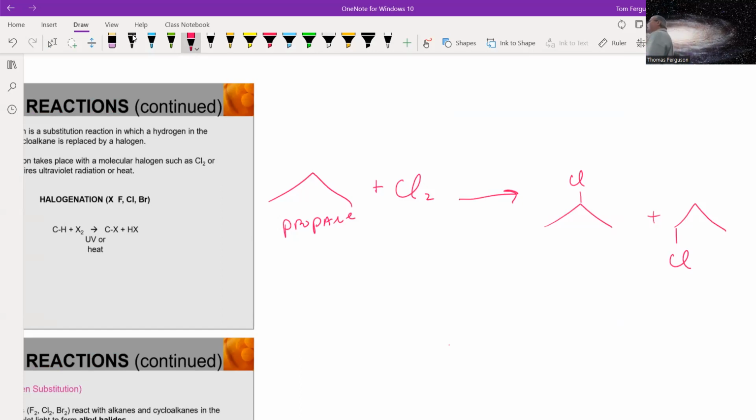And we're going to get a mixture. Because statistically, it'll add in the middle or add on the end. So we have three parts. We have to name the reactants. So one of the reactants is propane. Another is chlorine, and the conditions, UV and heat. So you can have chlorine gas and propane, nothing will happen. When we start heating it up, then the chlorine starts adding to the hydrocarbon. So we end up with